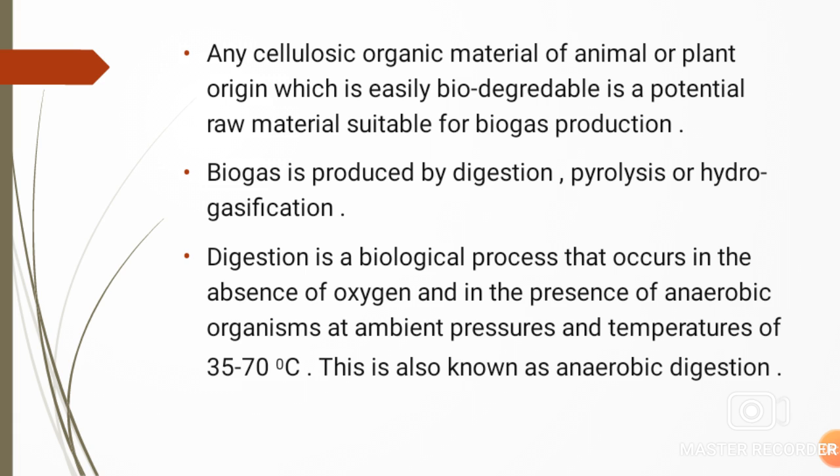Any cellulosic organic material of animal or plant origin which is easily biodegradable is a potential raw material suitable for biogas production. Already we mentioned the animal and plant waste materials are used for the production of biogas, and which are biodegradable, that is, easily decompose and give the,